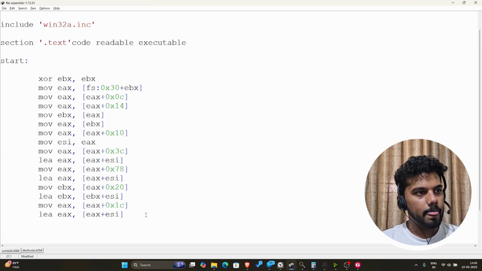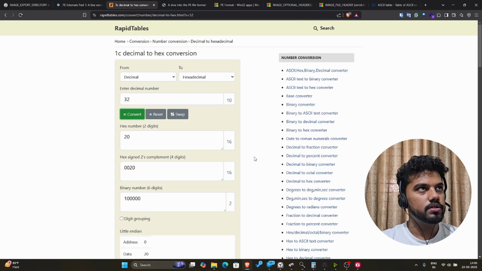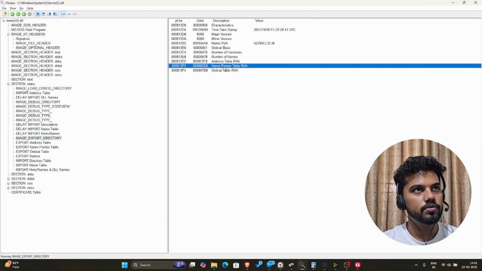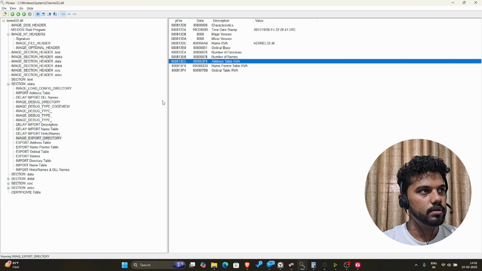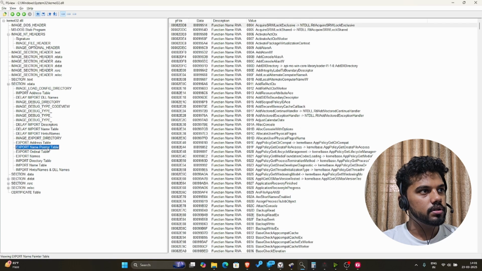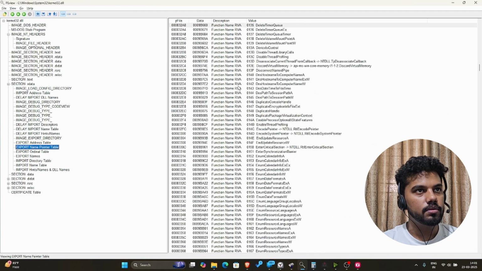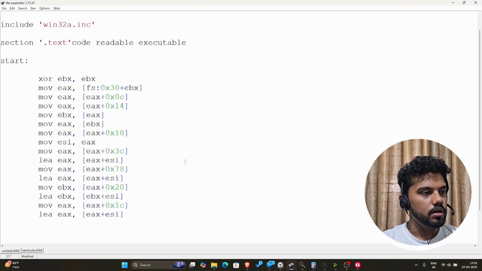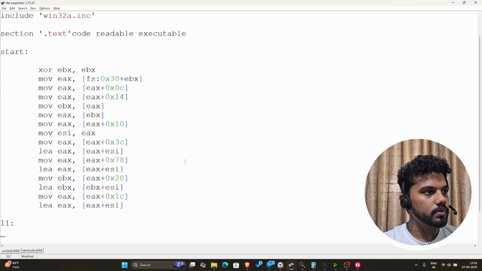Okay, I know there are a lot of complications. So we now have both the values of the name pointer table and the address table. The name pointer table will contain all of these names. Now we need to write a loop to traverse it, and before that